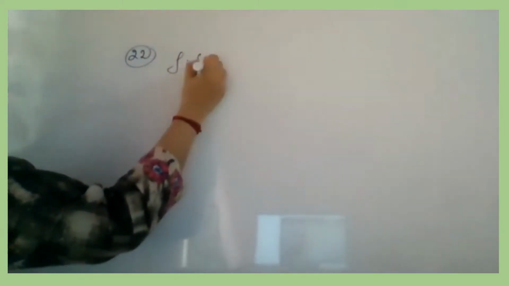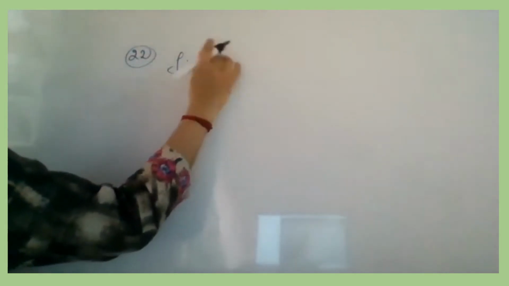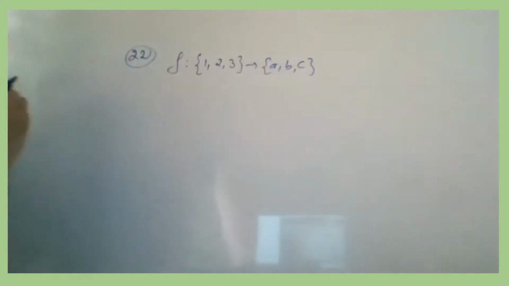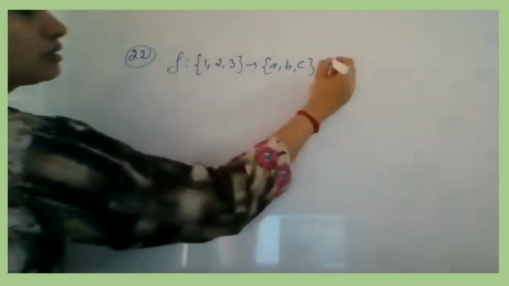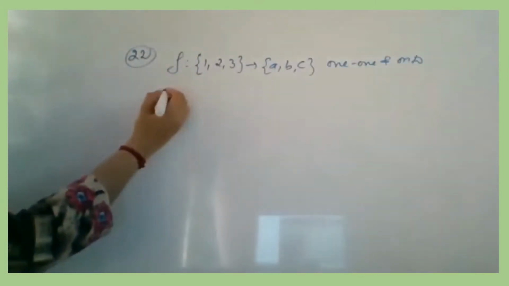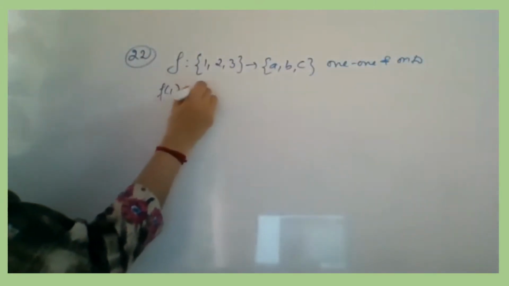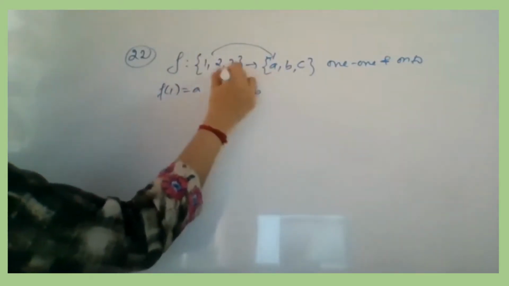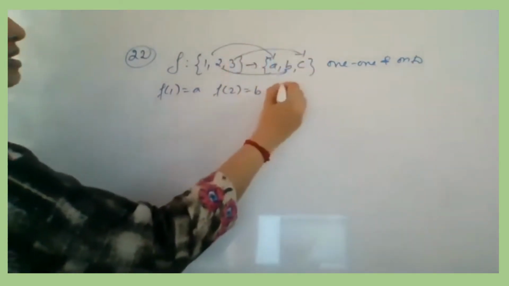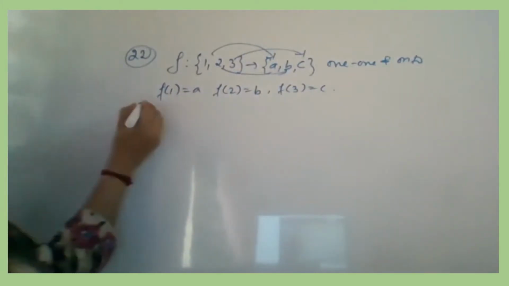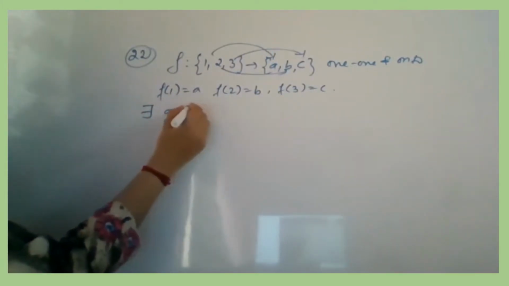Okay. Let f be a function from the set 1, 2, 3 to the set a, b, c. The 1-1 and onto function is both 1-1 and onto. That means it is a bijective function. And it is defined by f of 1 is a, f of 2 is b, and f of 3 is c. You have to show that there exists a function g from a, b, c